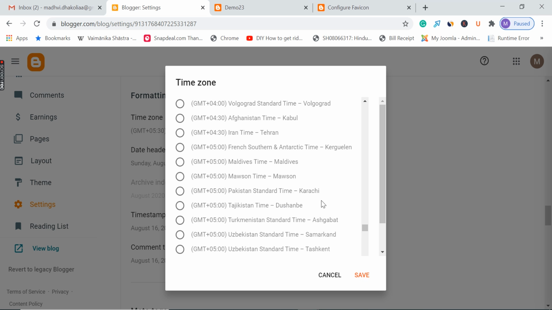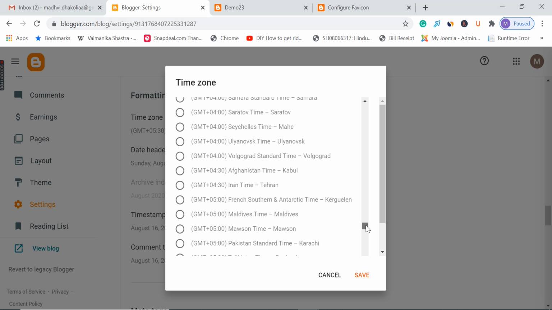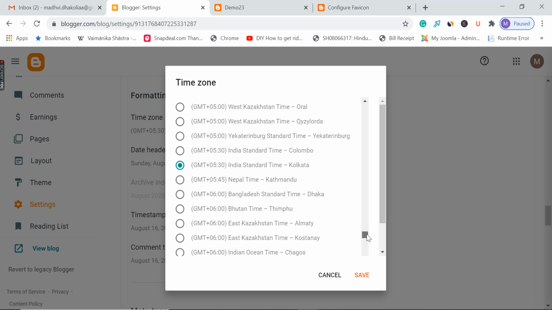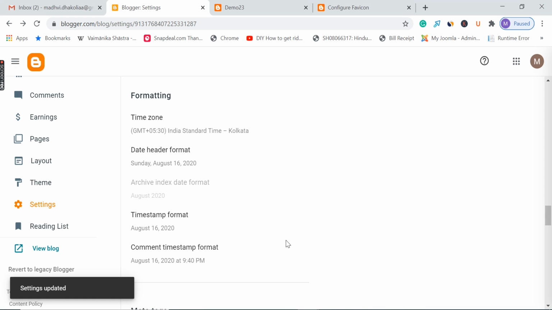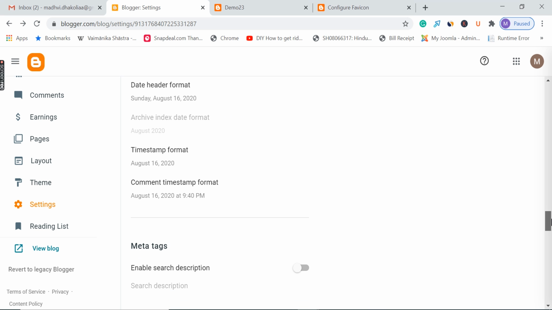So I will select Indian timing. This is the Indian timing, Kolkata. I will click on save. If you're a new blogger, you will see the Los Angeles timing, but since you're an Indian blogger, you will select your time zone. You can change the date format also here, but I'm not going to touch anything over here.